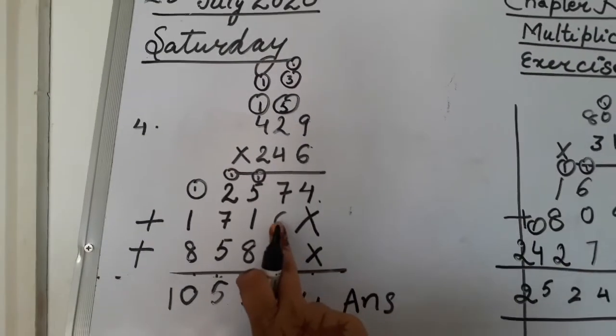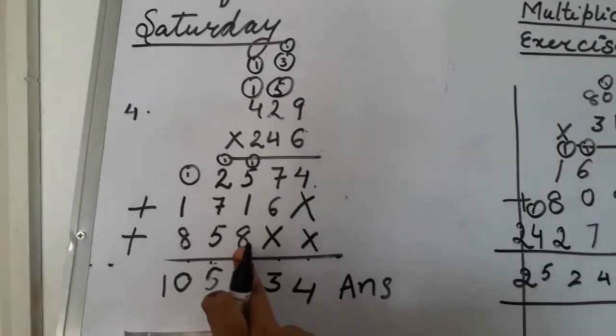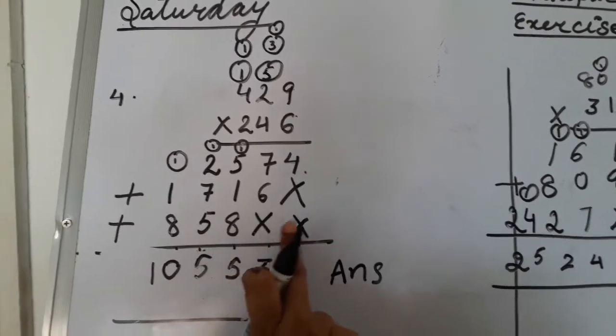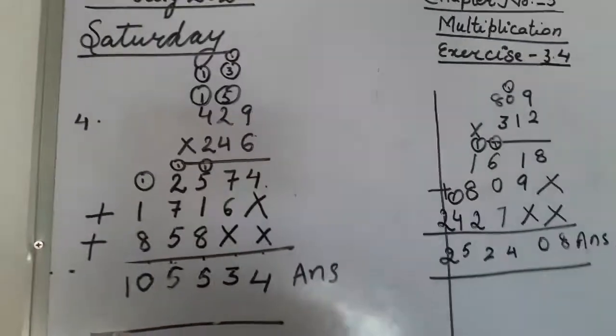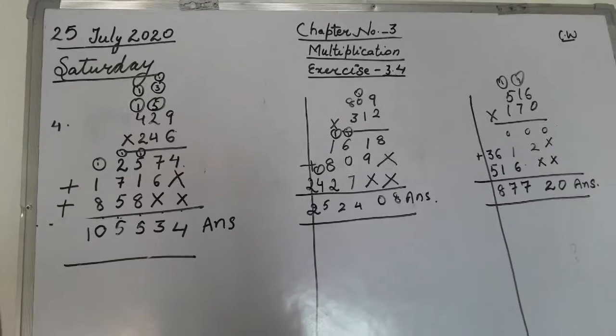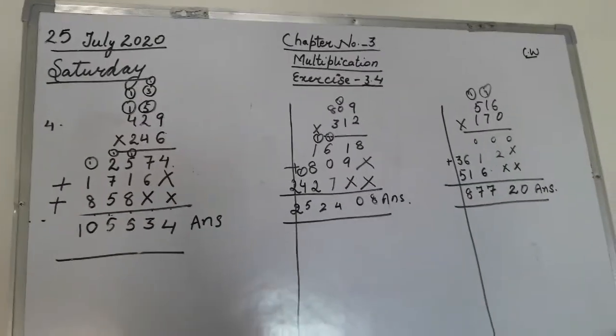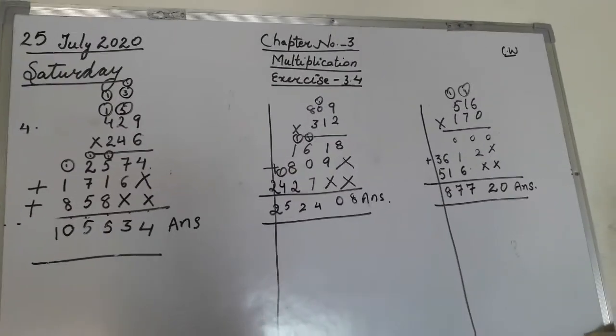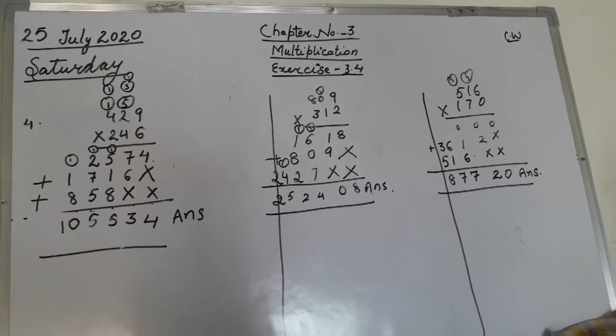Why are we not writing 6 at the ones place and why are we not writing 8 and 5 at the ones and the tens place? Now my question is for you only. Let's see who will give me the answer, and you have to give me your answer in your maths club group.